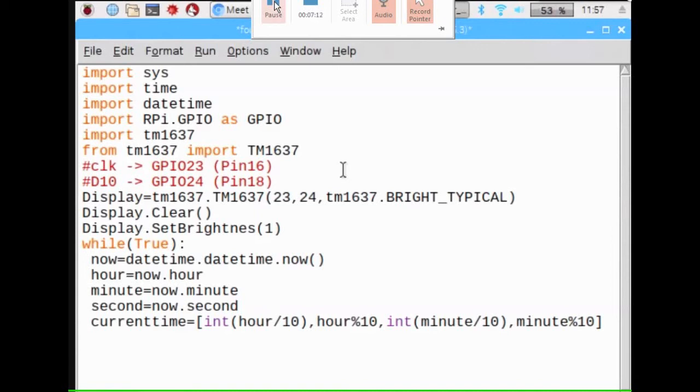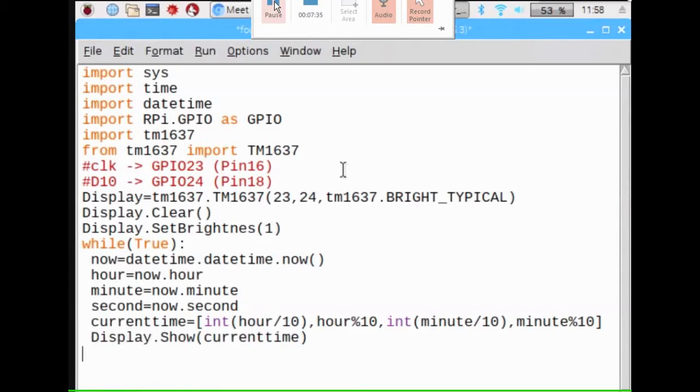Next, int of minute divided by 10, after that minute modulo 10. So we have to pass 4 parameters. For hour we use 2 digits, and for minute again the last 2 digits.